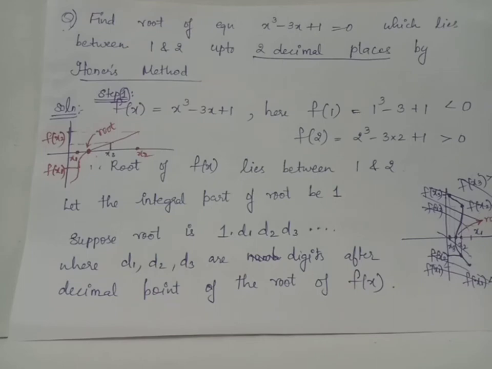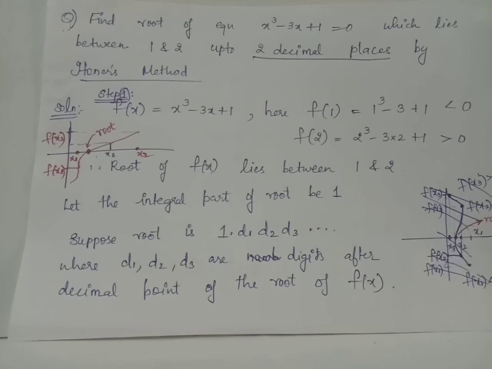Here we can identify values between which the roots of f of x lie using the rule of Descartes. The rule says that when you find x1 and x2 values for which f of x1 and f of x2 are of opposite signs, then in this interval x1 x2 a root of f of x will surely lie. Which means that if you consider a graph of f of x, then the curve of f of x, when it touches the x-axis, will give us the root of f of x. Suppose we have x1 for which f of x1 is negative and x2 for which f of x2 is positive, then the root of f of x will lie in the interval x1 and x2.